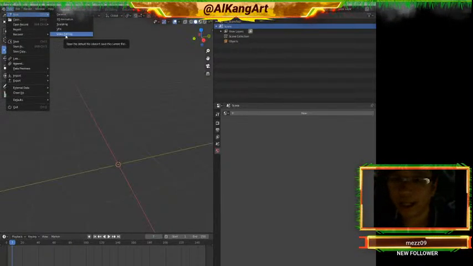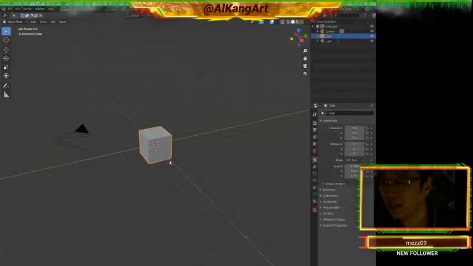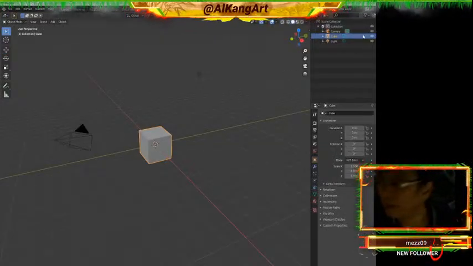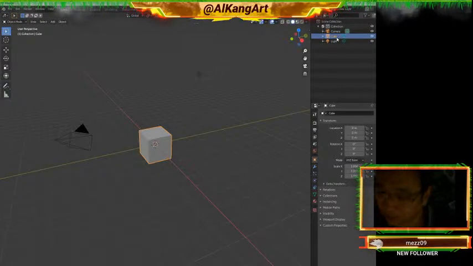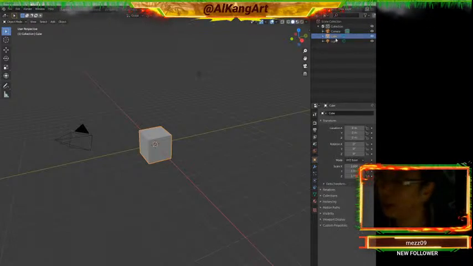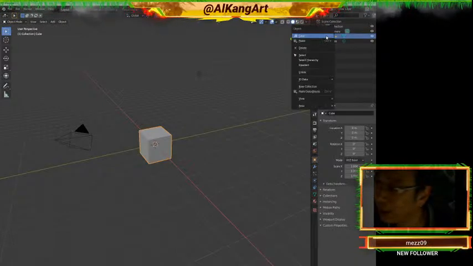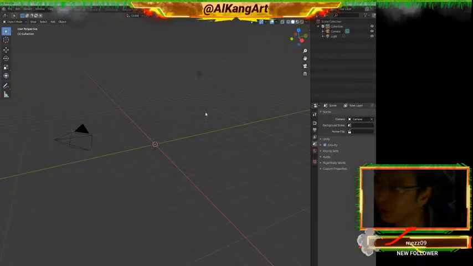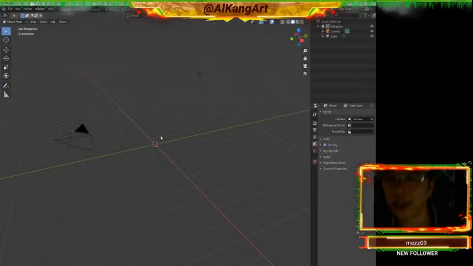So it's not a sculpting pro. Let's bring up a general project. I'll save that off. That was just me mucking about, right? So the first thing I'm going to do is get rid of this cube. We don't need that at the moment. A little placeholder. And let's kill that. The delete key doesn't work, so we'll do it that way. All right, so we got a camera and we got a light and we got our scene collection.